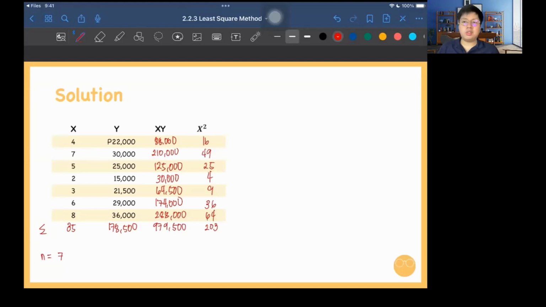Now let's plot this into our equation number 2 and equation number 3. Equation number 1, that is summation of y is equal to na plus b summation x. Equation number 2, that will be summation of xy is equal to a summation of x plus b summation of x squared. Let's try to plot the given here. The summation of y here is